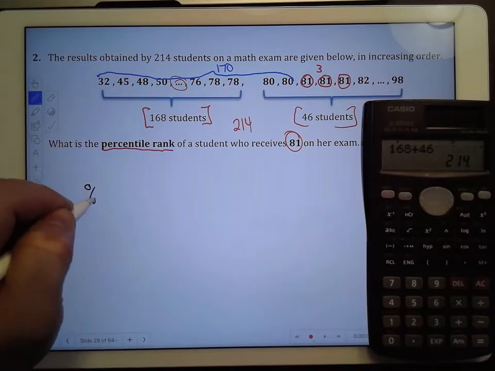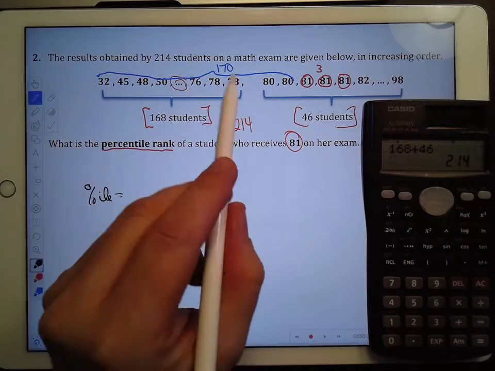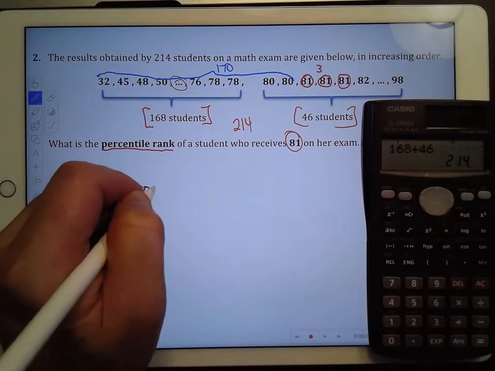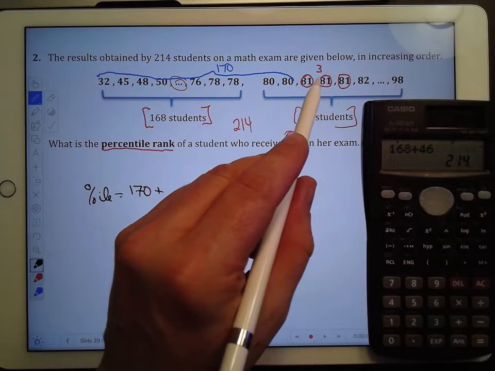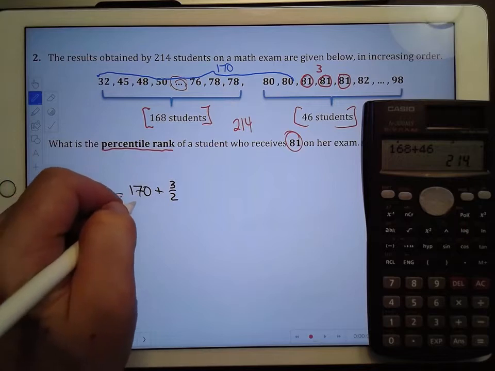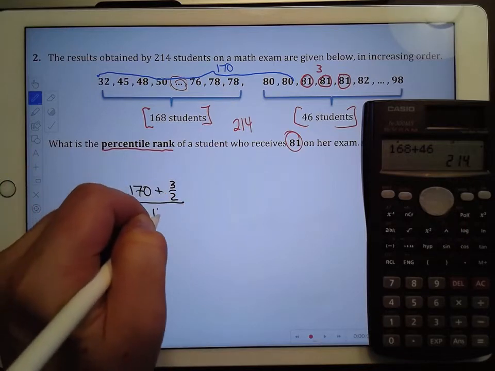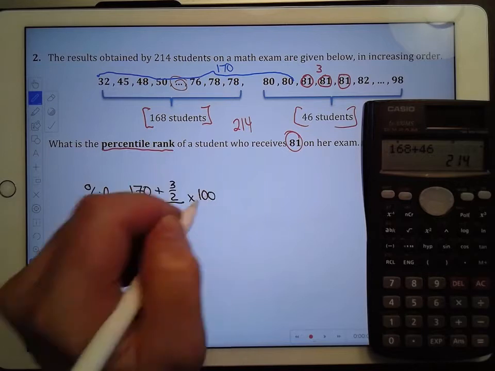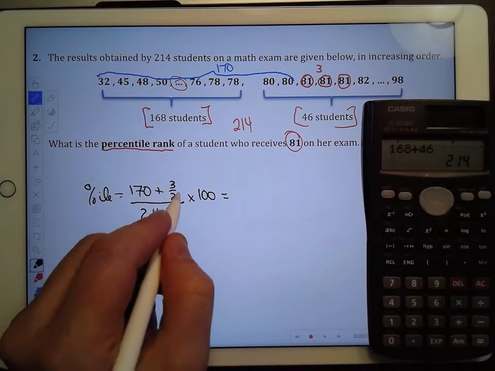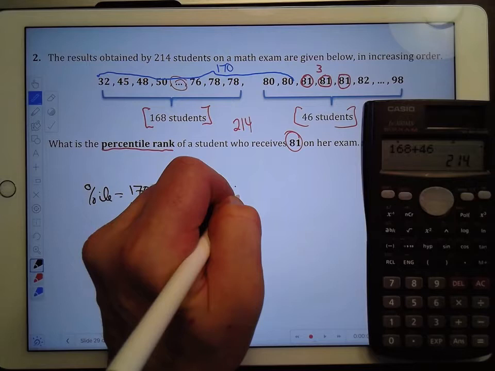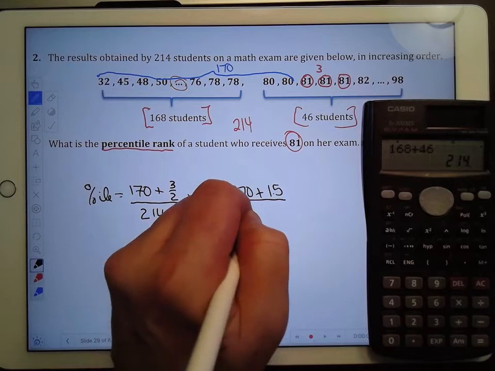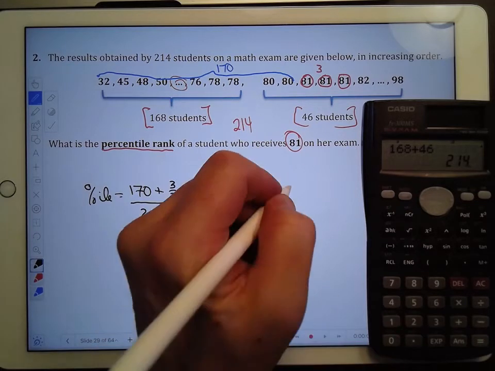So percentile will be equal to the number of values less than 81, and we've identified that as being 170, plus the number of values equal to the 81 divided by 2, so that's 3 over 2, divided by the total number of values, which is 214, times the whole thing by 100, and then remember at the end we have to round up. We'll talk about that in a second. So when I crunch that, I'm going to go ahead and convert that into a decimal first. That's going to be 170 plus 1.5 over 214 times 100